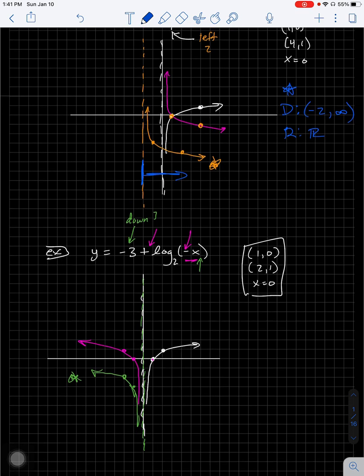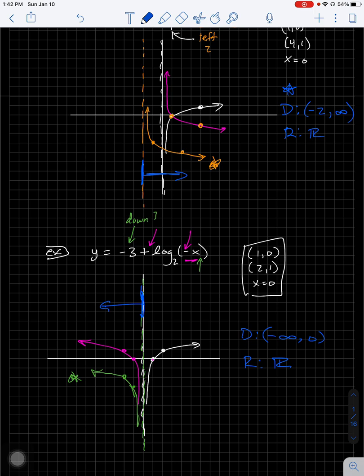Down here on the green graph, the domain is the asymptote, which is 0, and it's left of there. So the domain is going to be -infinity to 0, round brackets, and the range, oops, I always want to do a double bar on the range. Range is all reals. Okay,